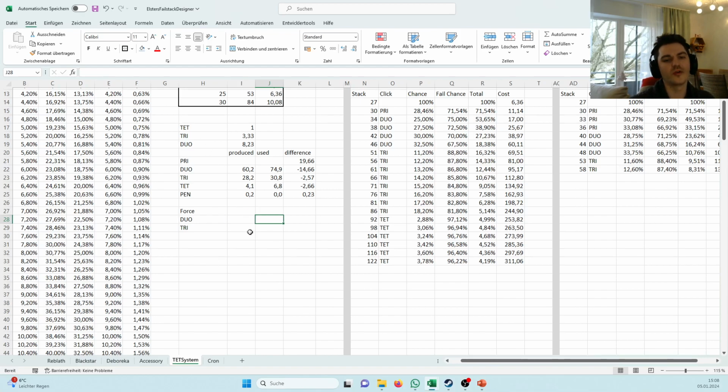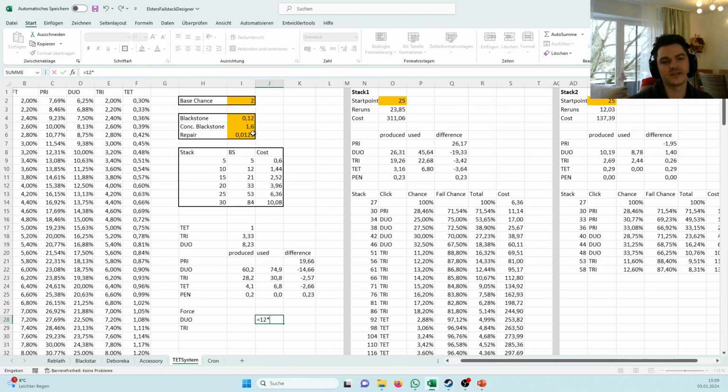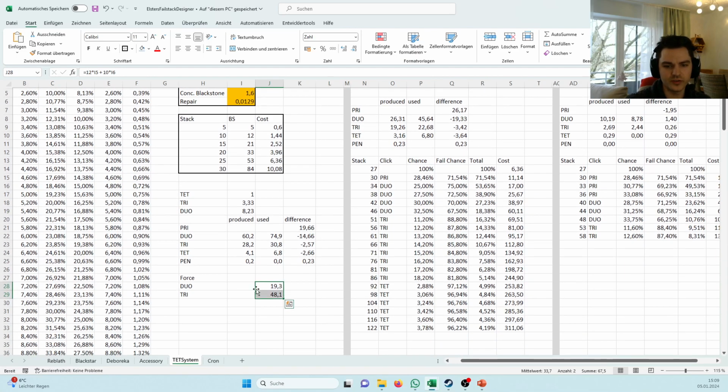So, what's the cost of forcing a duo? I believe it's 12 concentrated stones you need, so it's just 12 times the concentrated cost. You could add 10 times the repair cost, because if you force to duo, you lose one entire section of durability, but who cares? We will include it for now, why not, right? And if you do force tri, it's the same thing, except use 30 concentrated, right? Like this. So we have the cost here per force, and what we can implement is